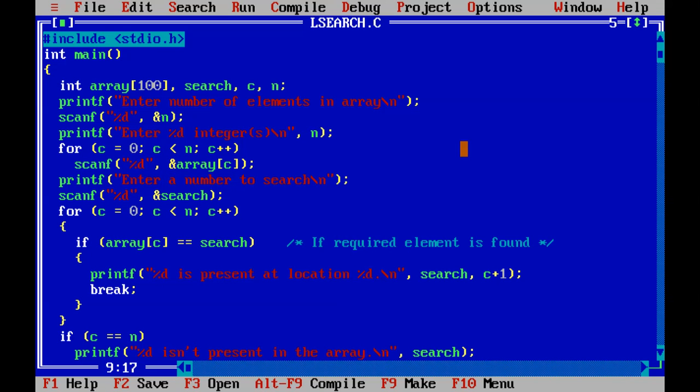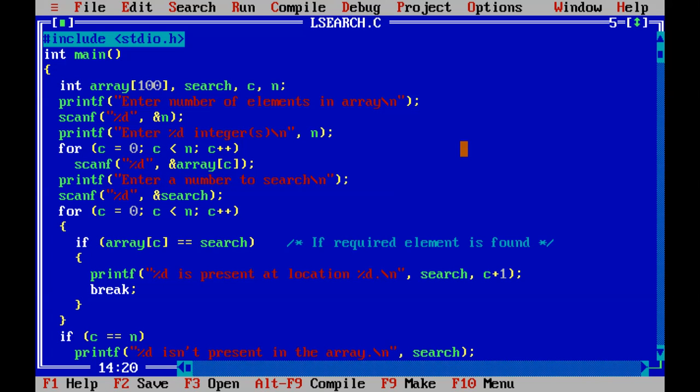Then enter a number to search, which element you want to search in the array, which will be stored in the search variable. Then again from the beginning of the array, from c equal to 0, c less than n, check each element of the array, from array 0, with the key element search, whether it is found or not.